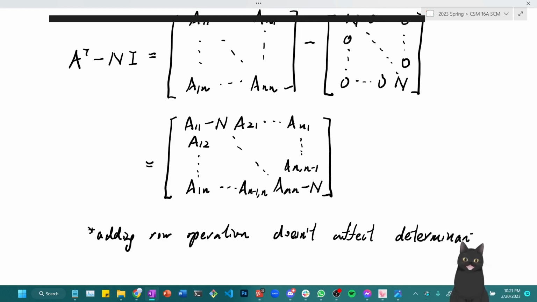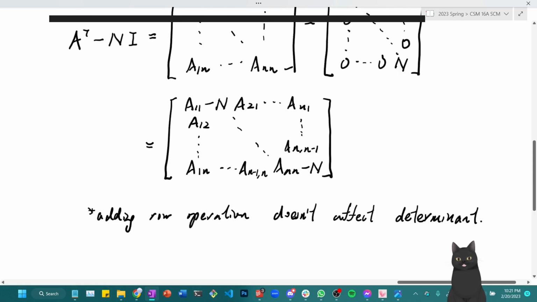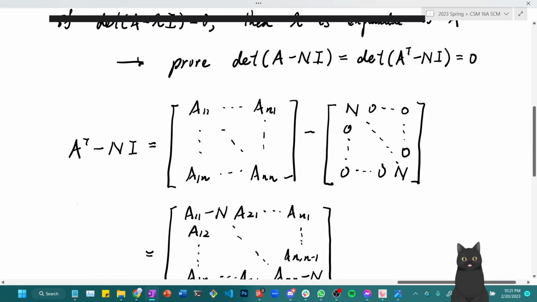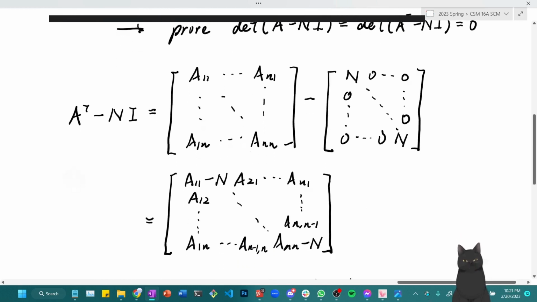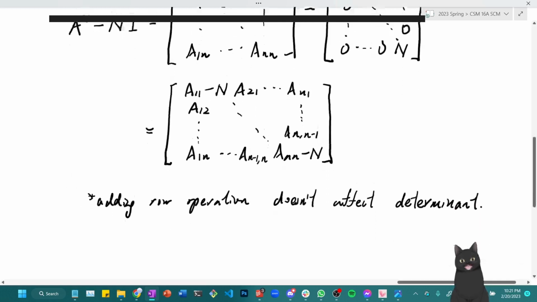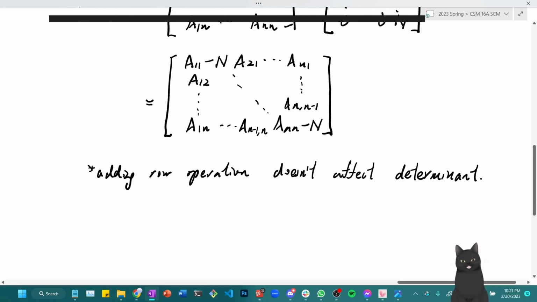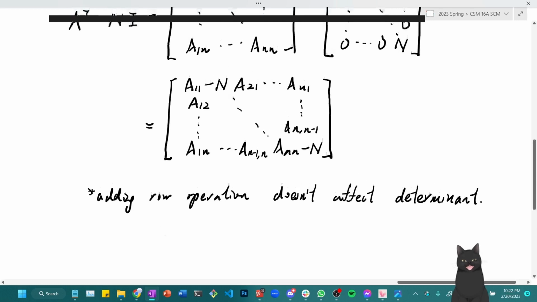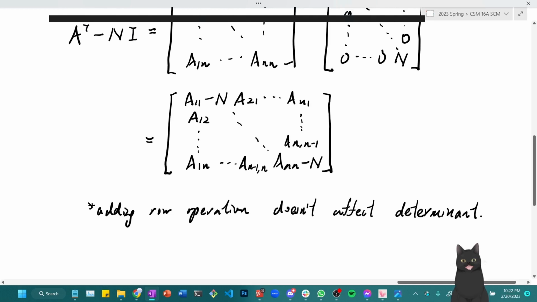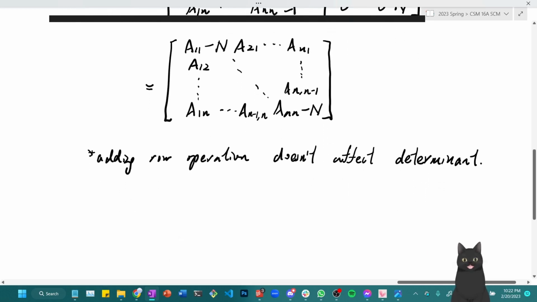And also mind the fact that we need to prove the determinant of A transpose minus nI is equal to 0, such that we can prove n is an eigenvalue of A. So what we will then need to do is try to find some kind of way to say that the determinant of A transpose minus nI is equal to 0. Well, very fortunately, adding rows together doesn't affect the determinant, so what if I just add all the rows together and see what would happen? Well, if I add all the rows together,